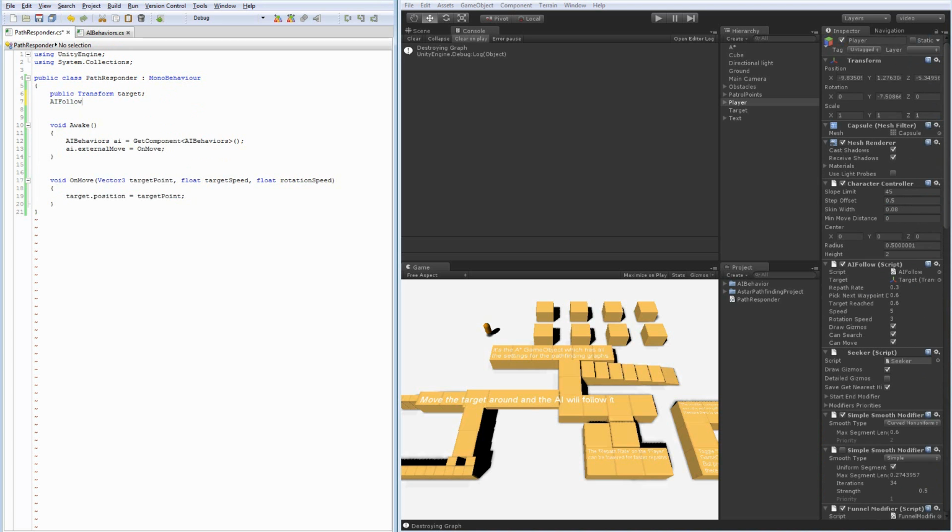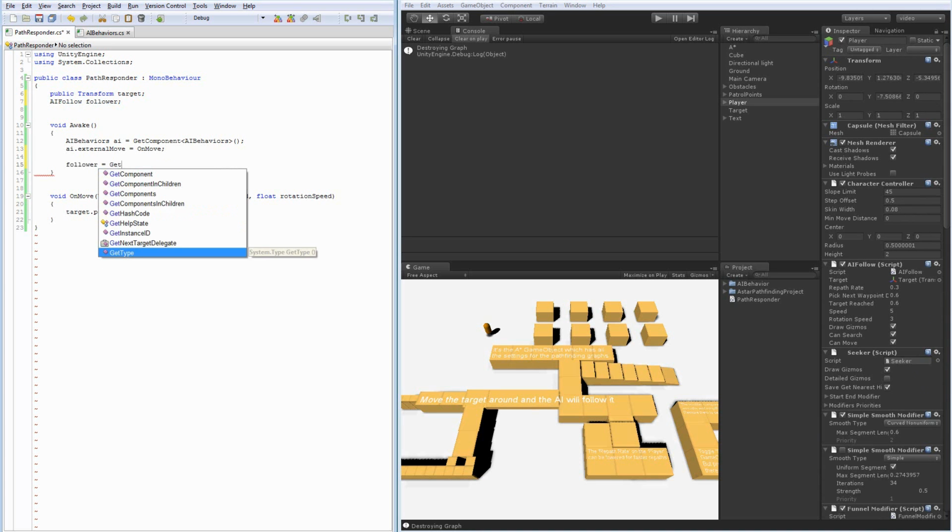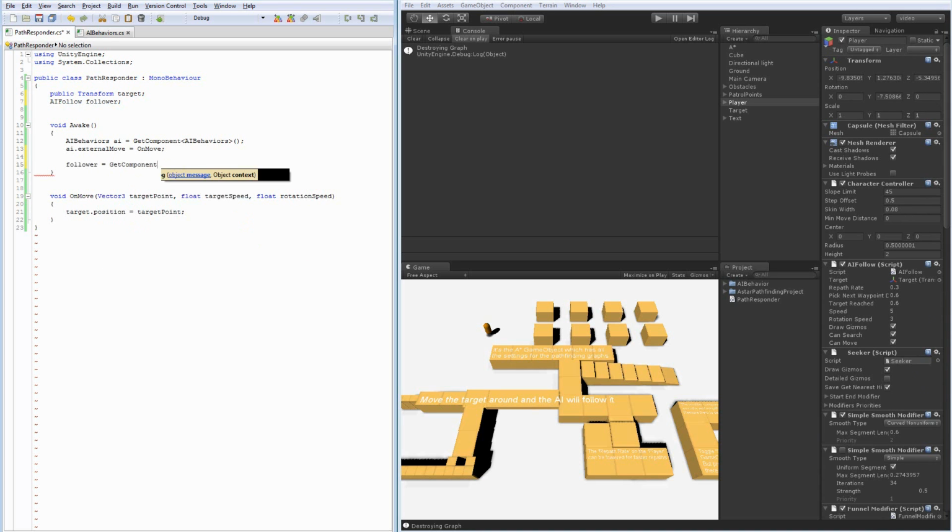So we don't need to assign that through the inspector. We will just call it follower, and we know that that component exists on this object, so just do follower equals get component AI follow,